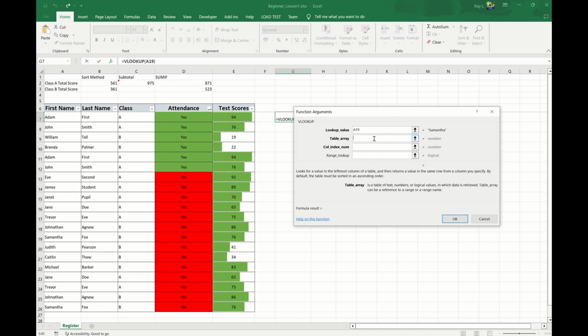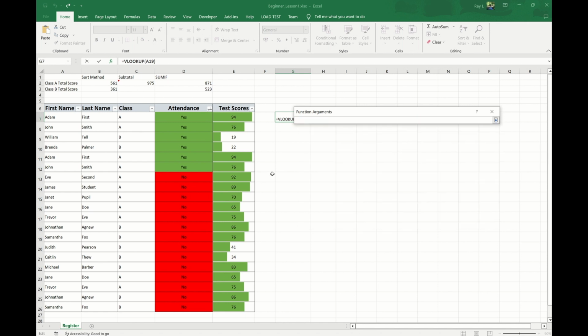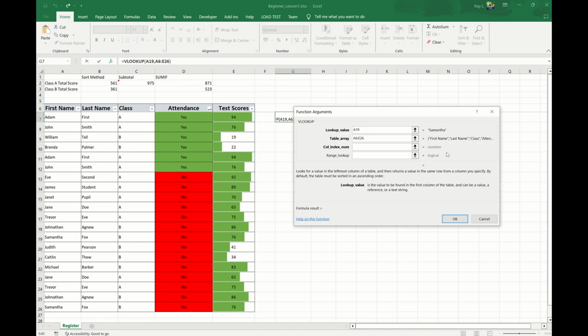Now the table array here is important, so you need to make sure that the table array contains both the value that you want to look up and the value that you want to return. So we want to look up something in column A and return something in column E, so we want to really pick the whole table here. So let's click the up arrow and let's select the whole table just by dragging the mouse. Once again, click the little down arrow in the function arguments box. And there it tells us now that we're going to search the table A6 to E26, and it's given us a brief